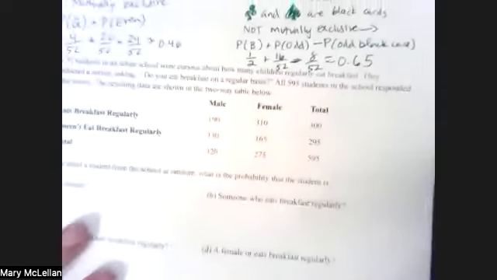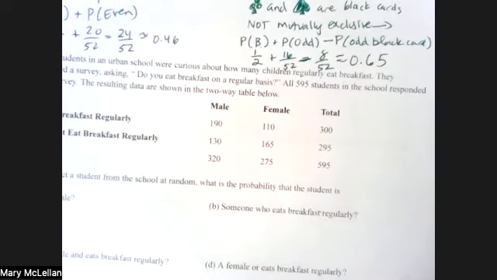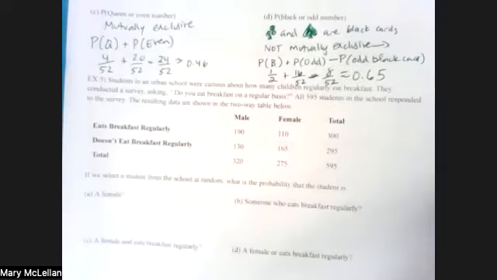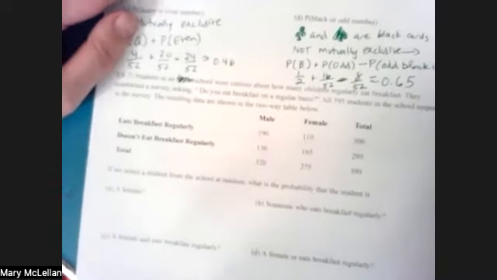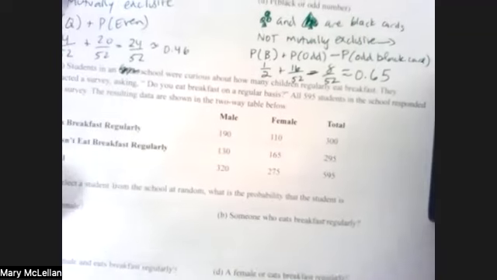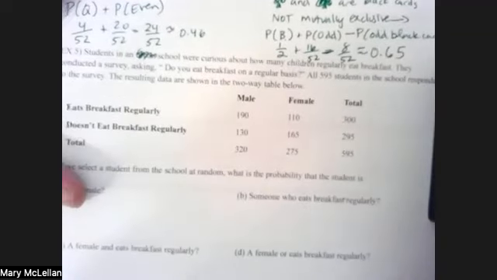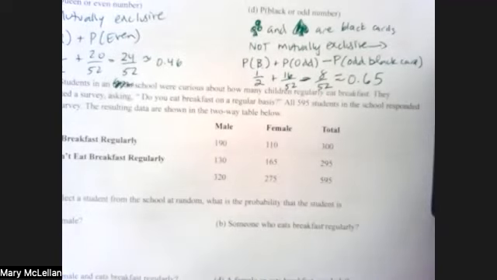Example 5, and then one example on the back, and then we will be done. Okay, example 5. Students in a school were curious about how many children regularly eat breakfast. They conducted a survey asking, do you eat breakfast on a regular basis? All 595 students in the school responded to the survey, and the resulting data are shown in the two-way table